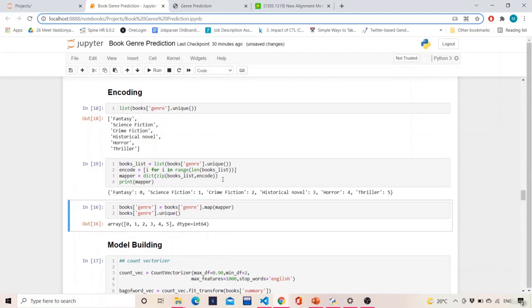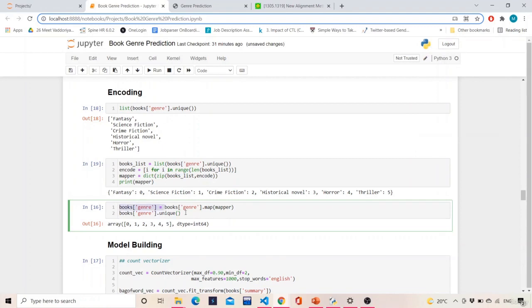Now we need to map: wherever it's fantasy we keep it 0, wherever there is science fiction we keep it as 1, wherever crime fiction we keep it as 2, like that. So we write books of genre equals books of genre dot map of mapper. In the genre column, wherever there is fantasy, map it with 0, wherever there is science fiction, map it with 1, like that.